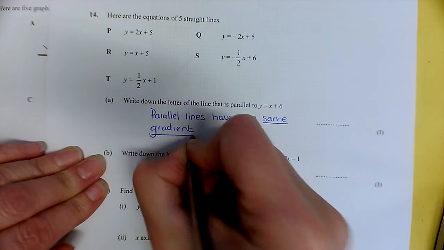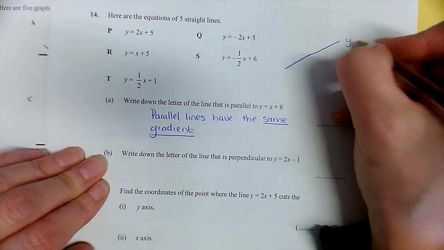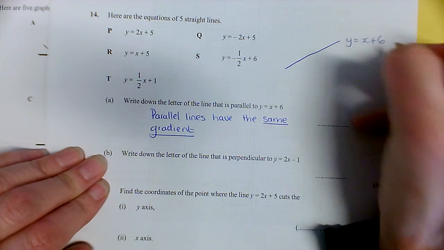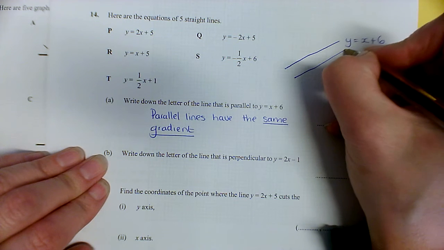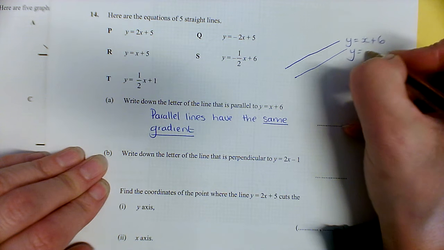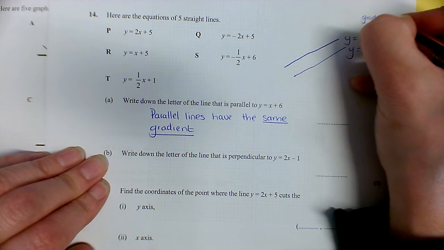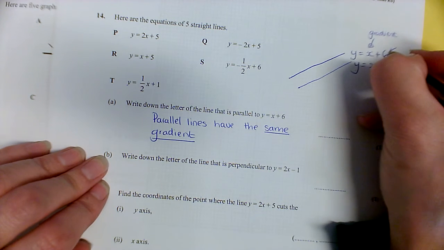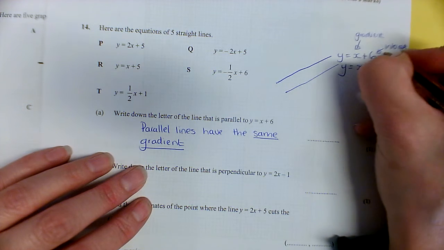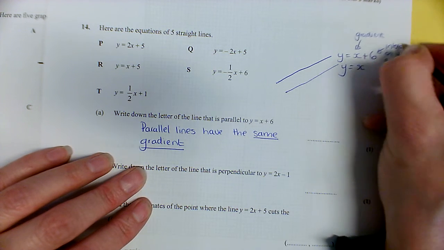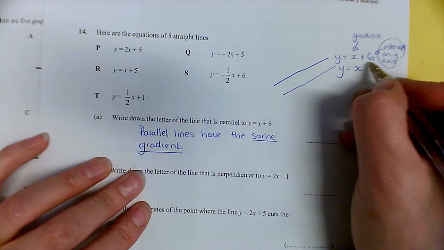So for example, if that was the line of y equals x plus 6, then if it was parallel, the gradient would be the same. Remember, this is the gradient, this is the intercept on the y-axis, and it's this bit that changes. So if we've got y equals x plus 6, this would be y equals, let's say, x plus 4, and